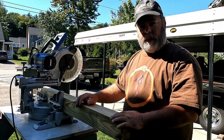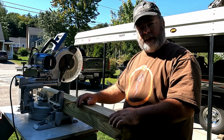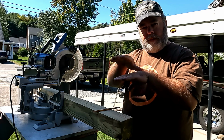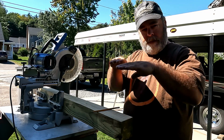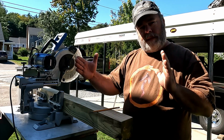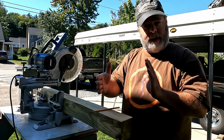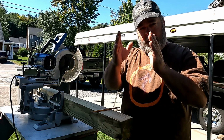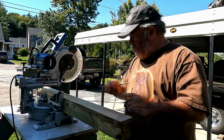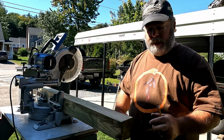What we're going to use to construct our stands are 4x4 posts, and what I intend to do is alternate the direction of tiers on the boat stand itself, and I'm going to make the bottom tier a bit longer than the stand, if you will, so it takes the weight and is able to distribute it more along the bottom. So when you consider a 4x4 post, as far as that measurement goes, for 23.5 inches,